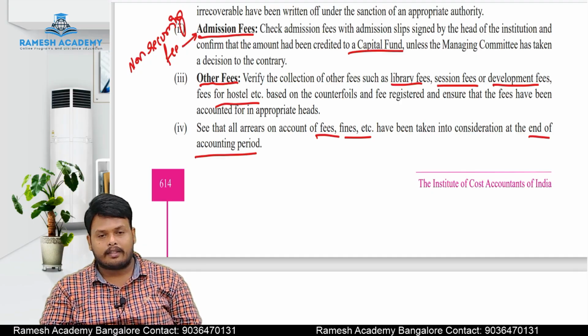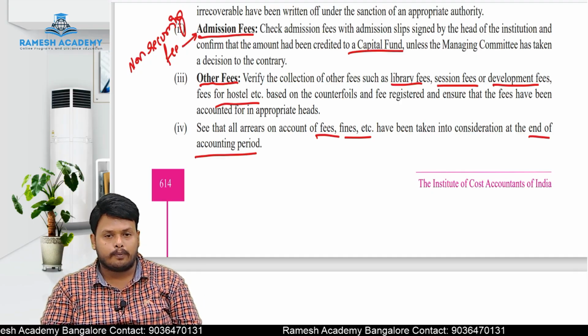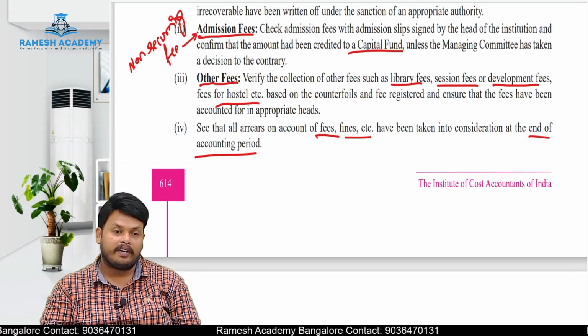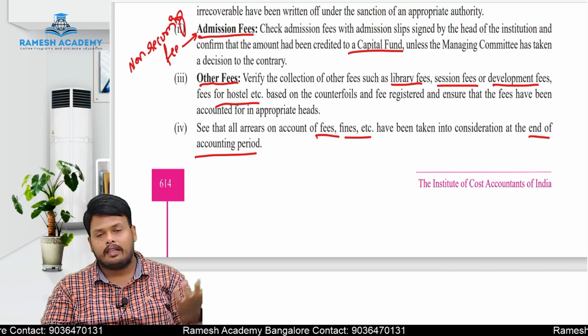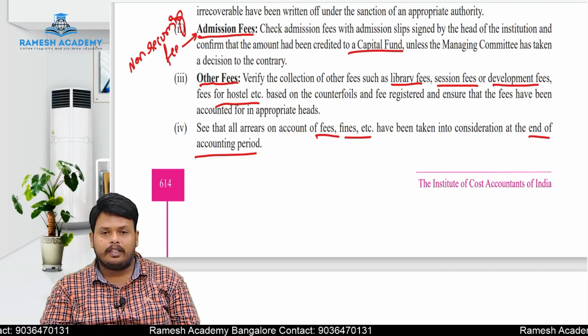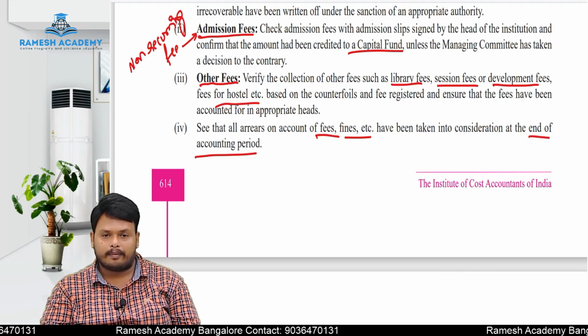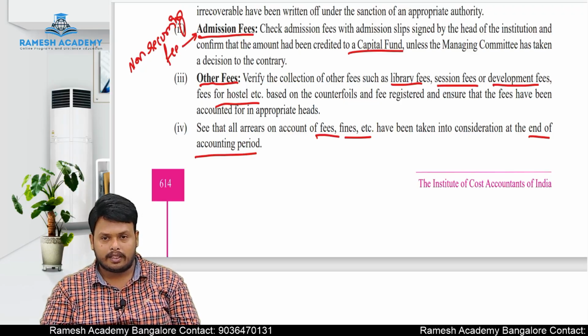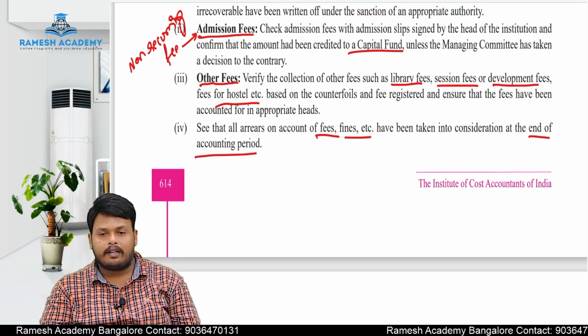If a student is accessing any sports arena, then sports fees. If a student is writing examinations, preparing for different national level examinations, then examination fees. All these are the different fees which will be collected from the students. The auditor has to verify whether these fees collected from the students have been classified under appropriate heads